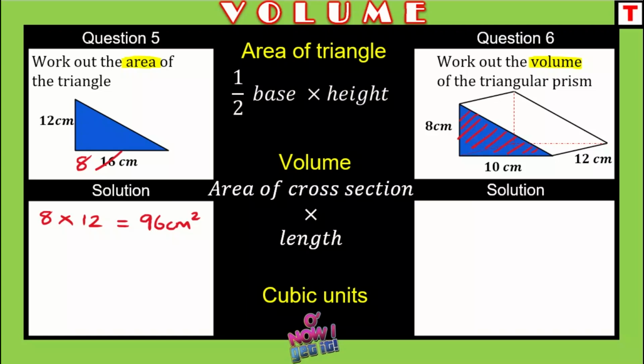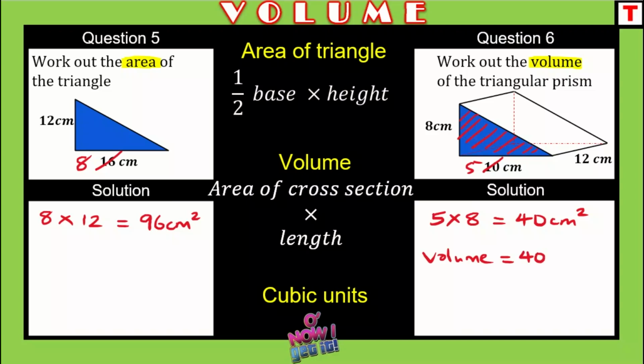So I am going to halve the base, which is going to be half of 10, would have been 5, and then I am going to be doing 5 multiplied by 8, which is going to give us 40. That 40 would be the area of the triangle. So we have centimeters there, therefore this is going to be centimeters squared because we're working with the area of the triangle. So to find the volume,